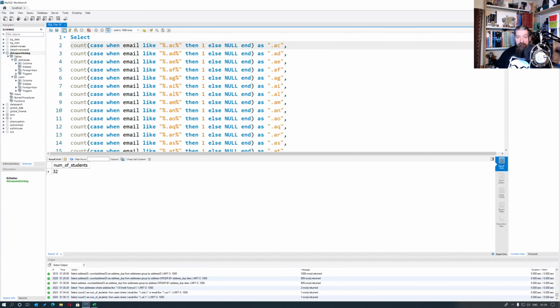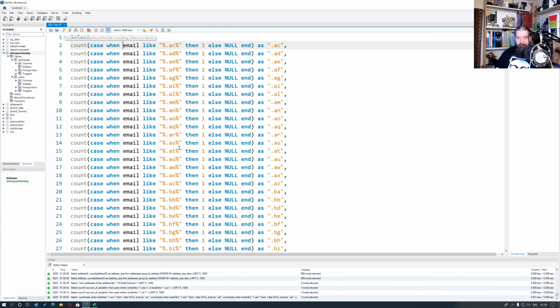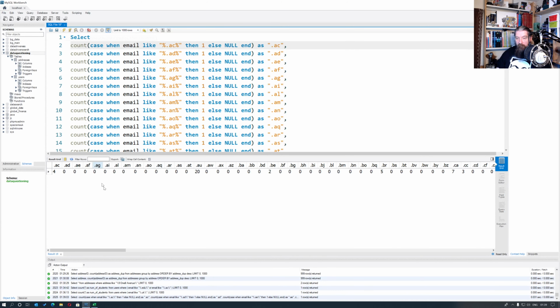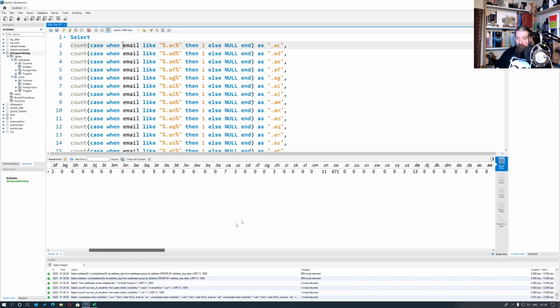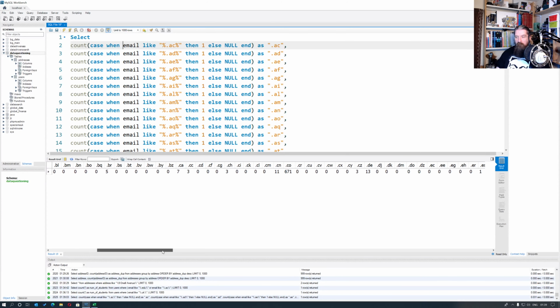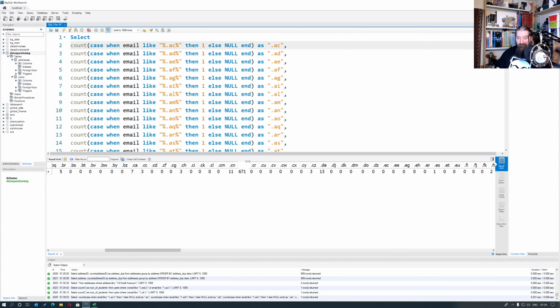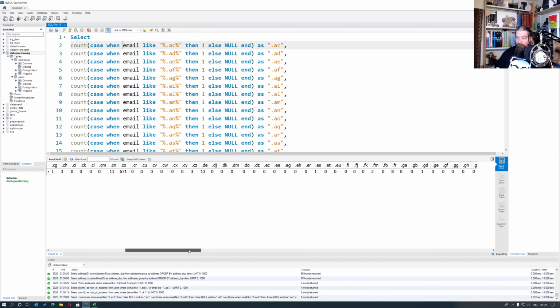So go ahead, this query doesn't run very quickly because it's pretty unoptimized. And there we go. So we've got 4 for AC, lots of zeros, 2 for B, 20 for Australia .au, and they're all there. 671 for .co, which could be .co.uk, a lot of countries use .co, so that would be a false positive, that one. And we'll just ignore it, but